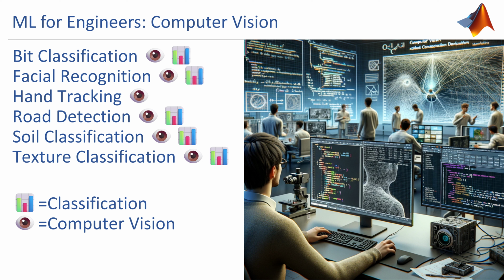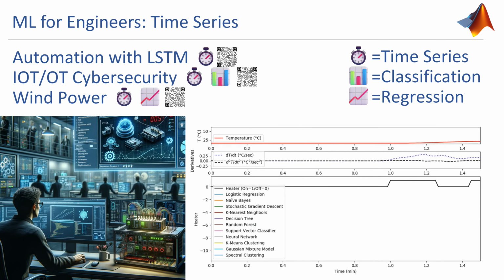We also have hand tracking as well. So this could be used in safety systems where hands shouldn't be in certain rotating equipment areas. Facial recognition as well, and then bit classification. So different drill bits, and be able to recognize those with a convolutional neural network. All right, so many of these are classification, but also computer vision as well.